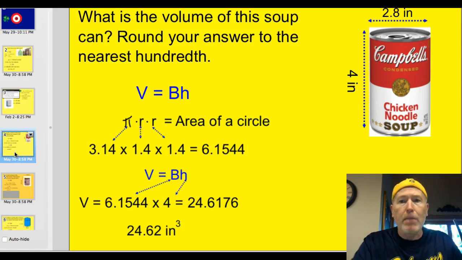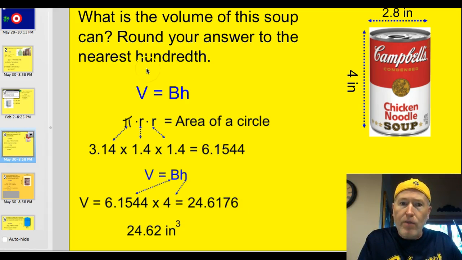Let's do one more, and then I'm going to have you try one. So what's the volume of this soup can? Round your answer to the nearest hundredth. All right, so we've got a diameter up here of 2.8, so that'll establish what our radius is, and then we've got a height of 4. So pi r squared for the area of the circle. Here's 3.14 times 1.4 times 1.4. My radius gives me 6.1544. Pop it into the formula. My volume is equal to my base, 6.1544, times my height, 4, is